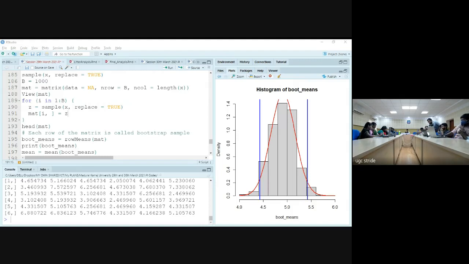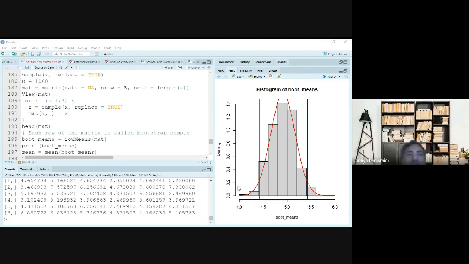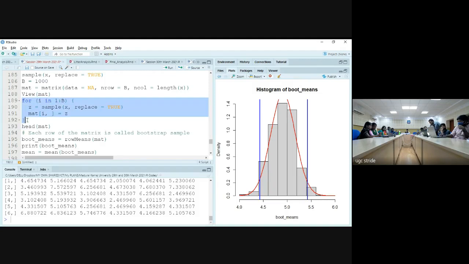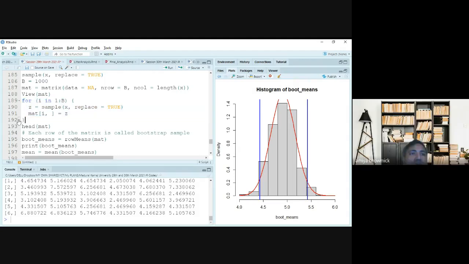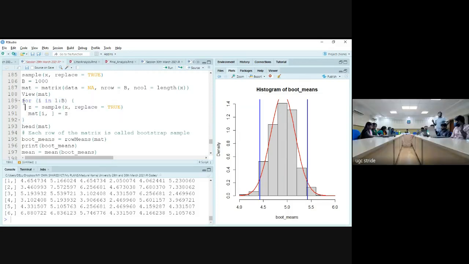So the thing is that here it is showing this. But in 189, you have the down arrow mark, and below I am unable to get the up arrow mark. No, this arrow mark is just for hiding something. It has nothing to do with the code. The only thing is that you have a bracket starting over here. These braces must close here, and then you execute this full thing completely.